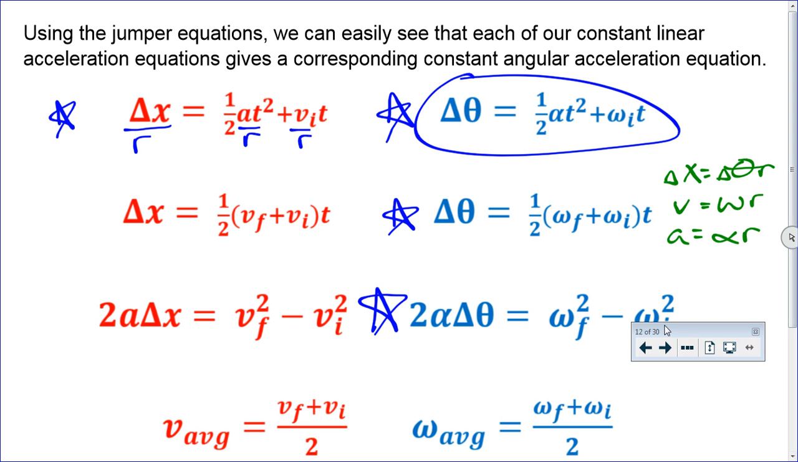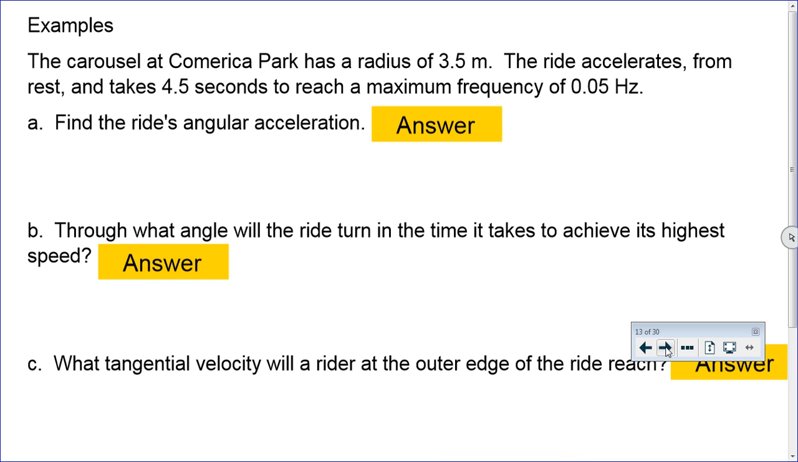So really the best way to do this is to look at some examples. The carousel at Comerica Park has a radius. These numbers are totally made up, so please don't quote me on these. Let's suppose the Comerica Park carousel has a radius of 3.5 meters. I'm going to start by writing stuff down. Radius is 3.5 meters. The ride accelerates from rest, so that means my initial linear velocity is 0 and my initial angular velocity is 0, as in it's not spinning and no part of it is moving. It takes 4.5 seconds